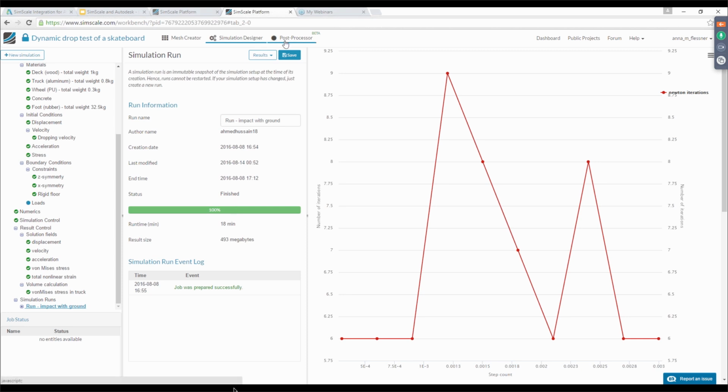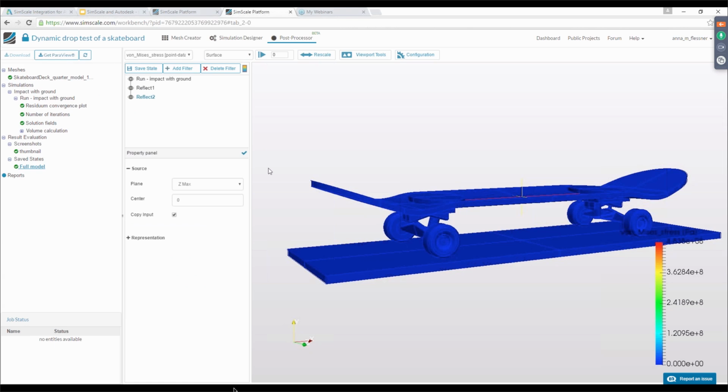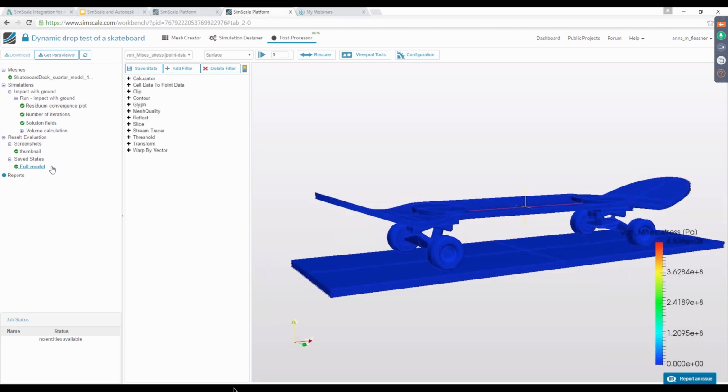The last thing we would be interested in looking at is the results. We can go into post-processing and we can see the results of this. One thing that we have is these filters, so you can really play around with those and